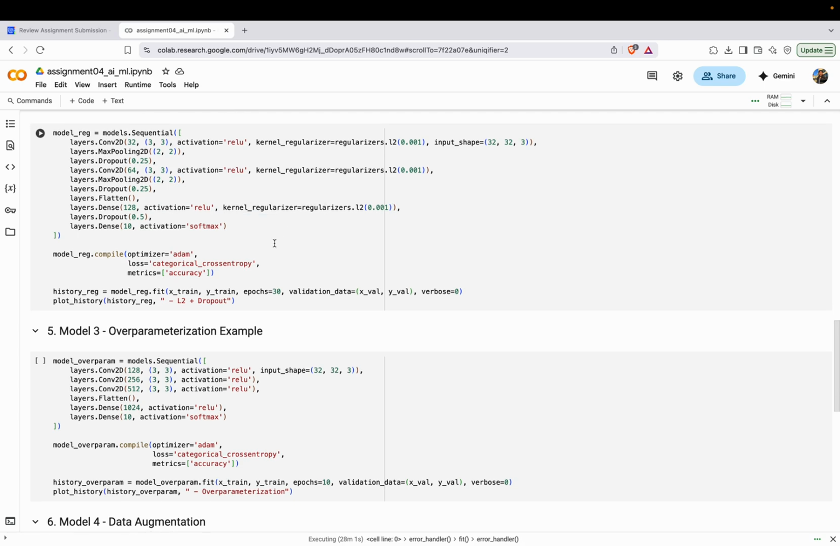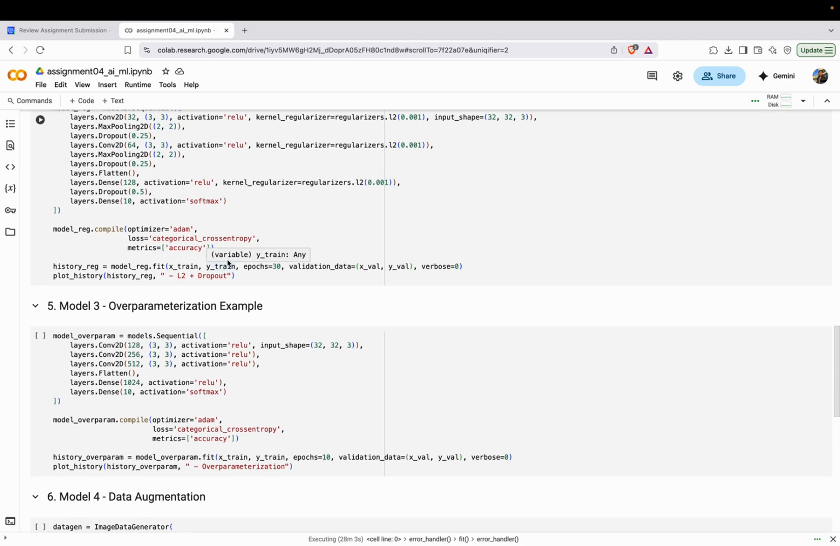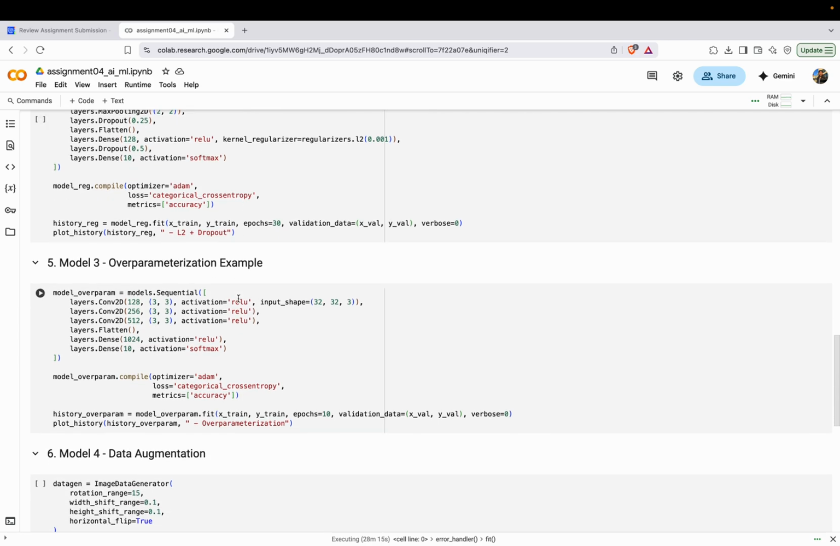Here you can see that this model had significantly better validation accuracy and a narrower gap between training and validation losses, which indicates improved generalization. So let's head towards our